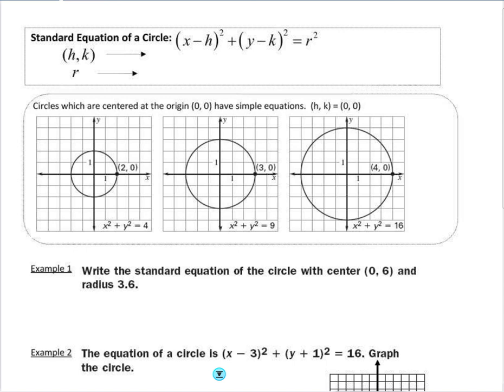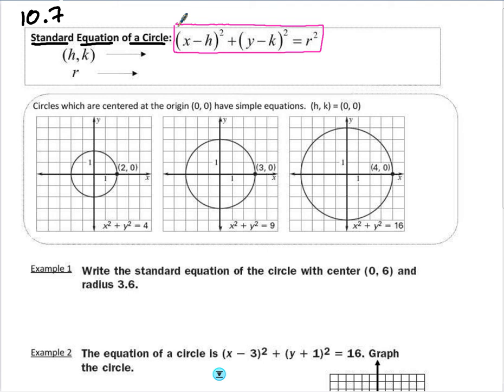So this is a lesson on 10.7 in chapter 10, which is all about circles. 10.7 is specifically talking about the equations of circles and the standard form equation of a circle. When you're taking an SOL in Virginia, this is a formula that will be provided for you on your formula sheet. The important thing to remember is even though the equation's given to you, you still need to understand what